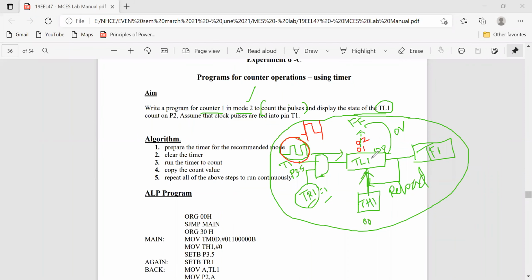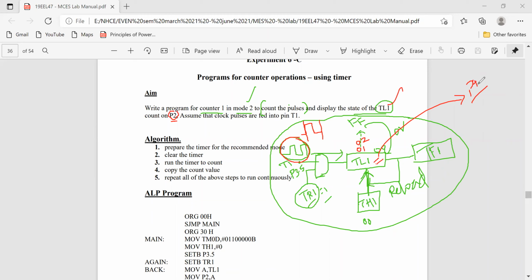The result will be stored in the TL register, and finally you can take this value to some port pins to see exactly how many counts we have received. Here they have mentioned port 2: display the status of the TL1 register count on port 2.